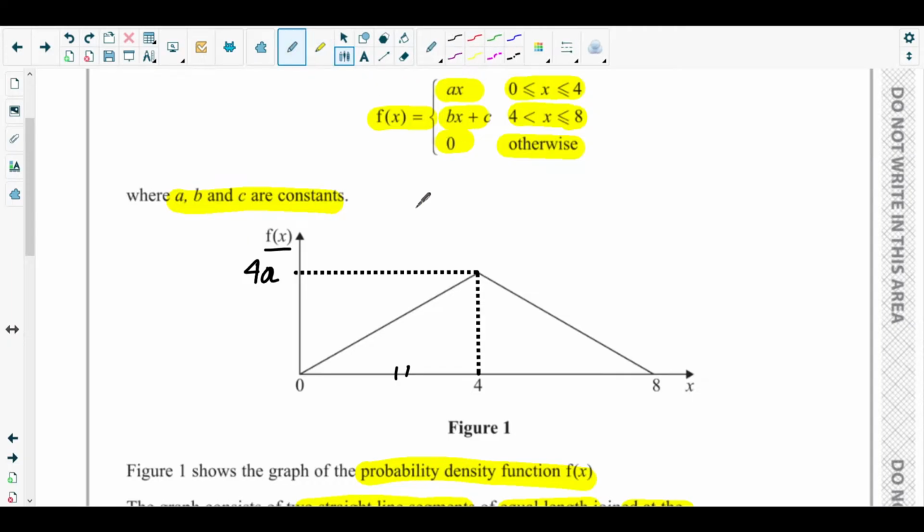We know that the area of this triangle is also half. This y value is 4a, and if you put x equals 4 in this equation, you will get 4b plus c, right? So let's put